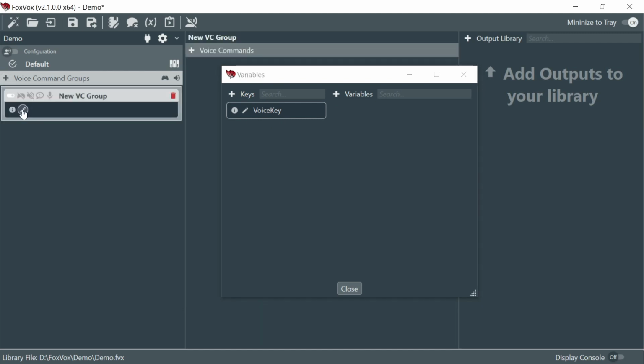Let's go ahead and create a new voice command group. Let's call this variable test. And for our voice key here, we're going to add a new one. And this is going to be our variable voice key, which is actually going to put our 1 and 2 voice commands onto this